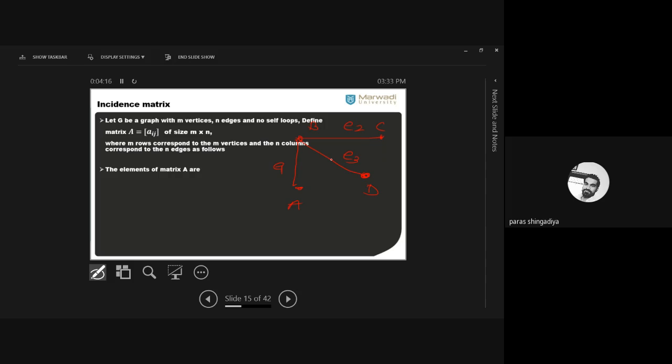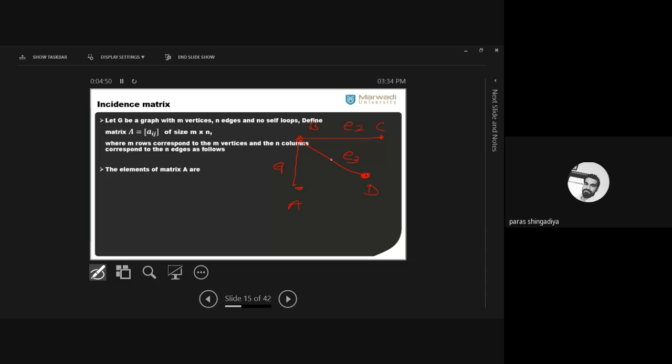So we have different numbers of vertices and edges. Therefore it is not always a symmetric matrix, and not always a square matrix. So there is no need to verify symmetry, because the order is different. In the adjacency matrix we had n by n, as many rows as columns. Here both are different: m cross n, where m indicates vertices and n indicates edges.